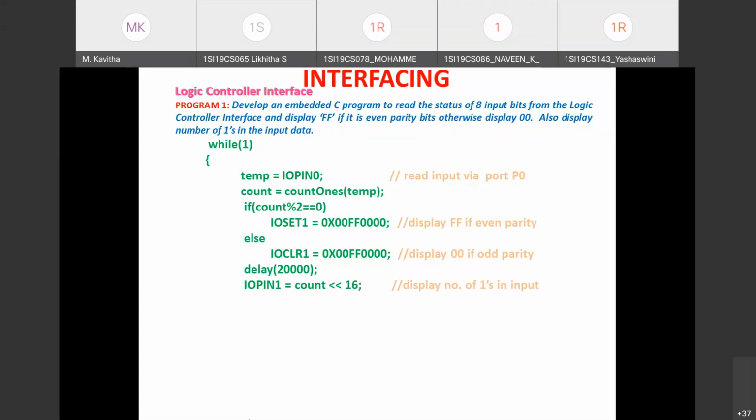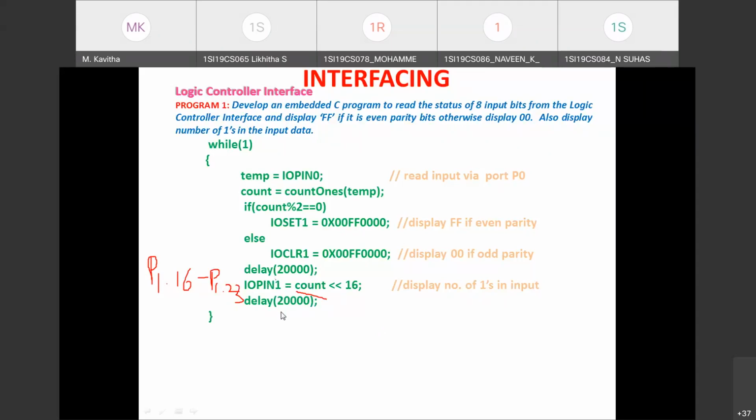P1.16 to P1.23. So the data, whatever we are having in count, this 8-bit data, must appear at these bit positions. So how many times I have to left shift to make it appear at these bit positions? It is 16 times. So that status we are going to send out, write to the IO pin 1 register.